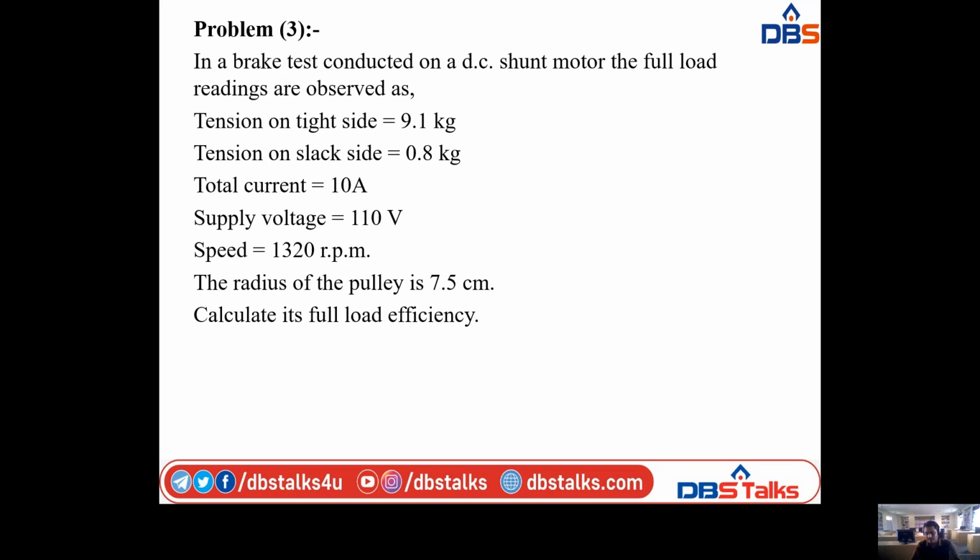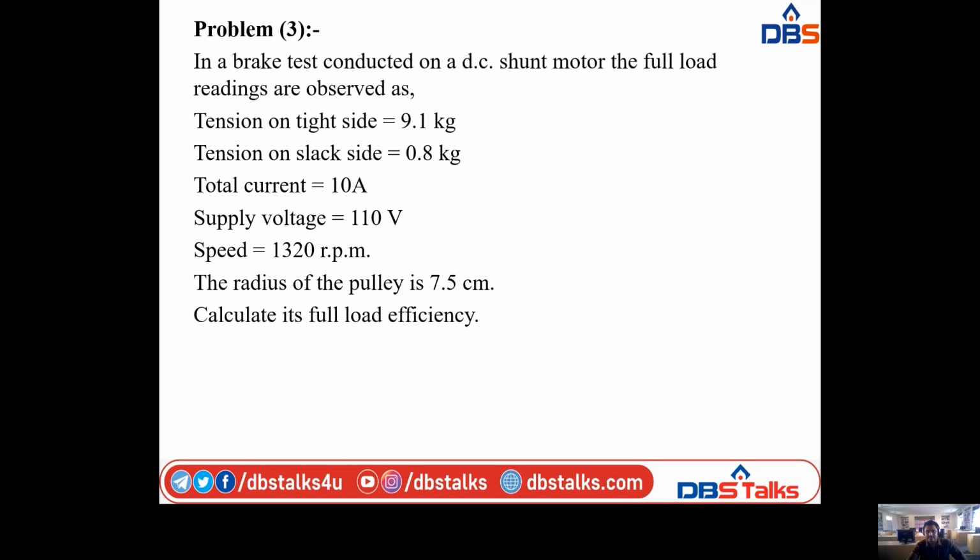In the belt and pulley arrangement, we have the circle, and it consists of two wires, that means the weights. On the right side we have the tight side, and on the left side we have the slack side, and these two are connected through the handle, and one is connected to the earth. So that is the arrangement. Firstly they have given that the weight on the tight side is 9.1 kg,